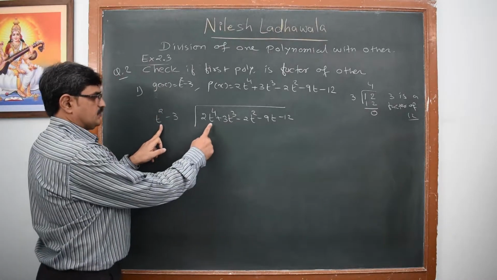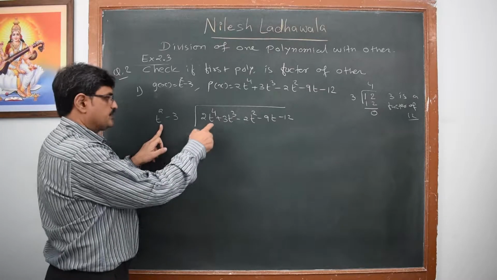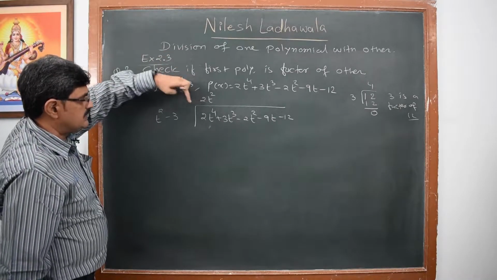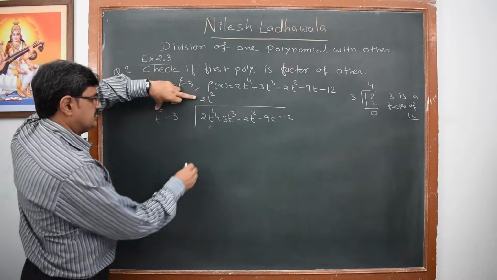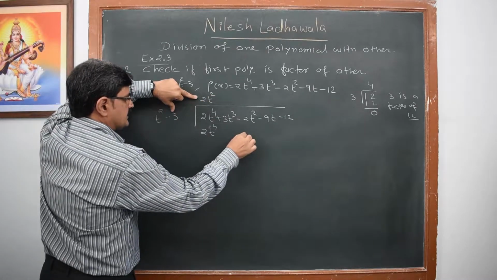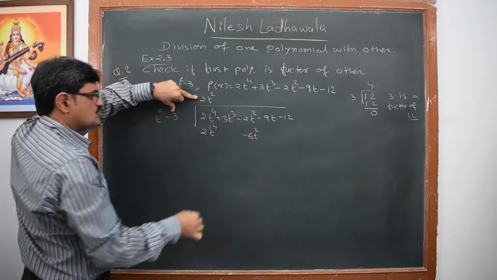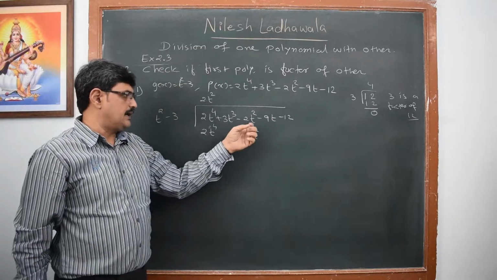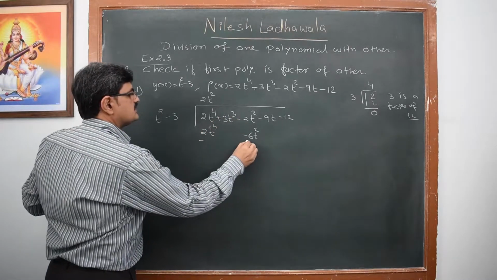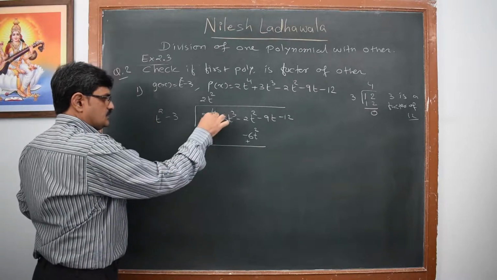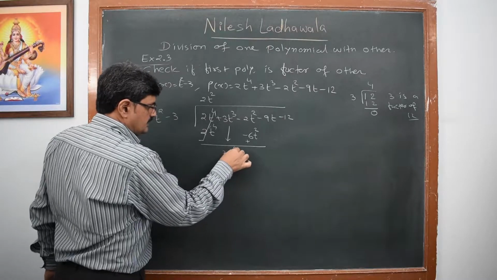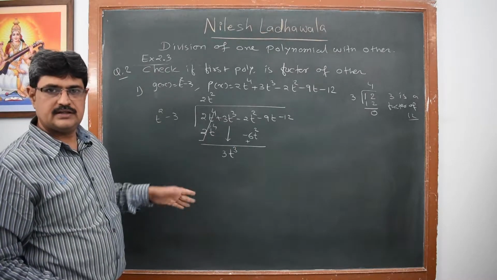So here I have t square, I want 2t raised to 4. So I have to multiply it with 2t square. Now you have to multiply 2t square with both the terms, that is 2t raised to 4. Now minus 3 multiplied by 2t square will be minus 6t square. Again you should remember that you have to write the like terms together. Now we have to change the sign of the term. 2t raised to 4 will be cancelled. I have to write here 3t cube. Here 3t cube I have written as it is.